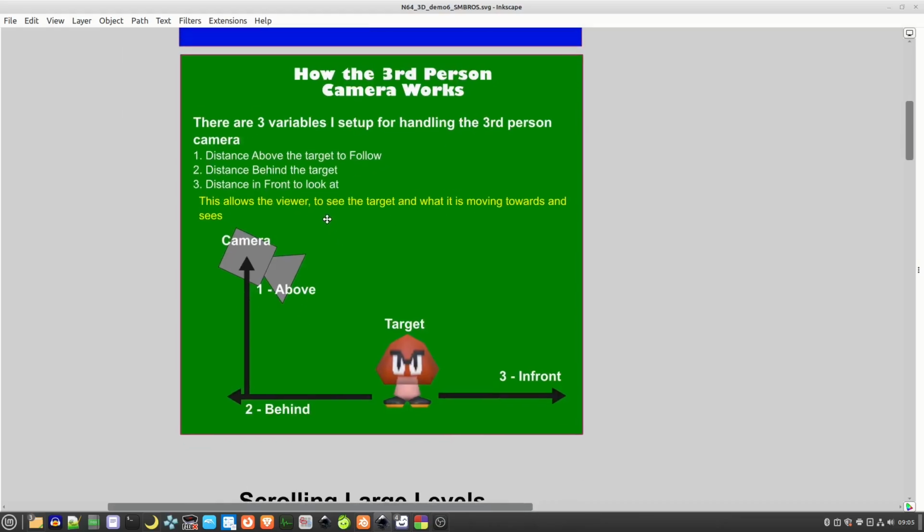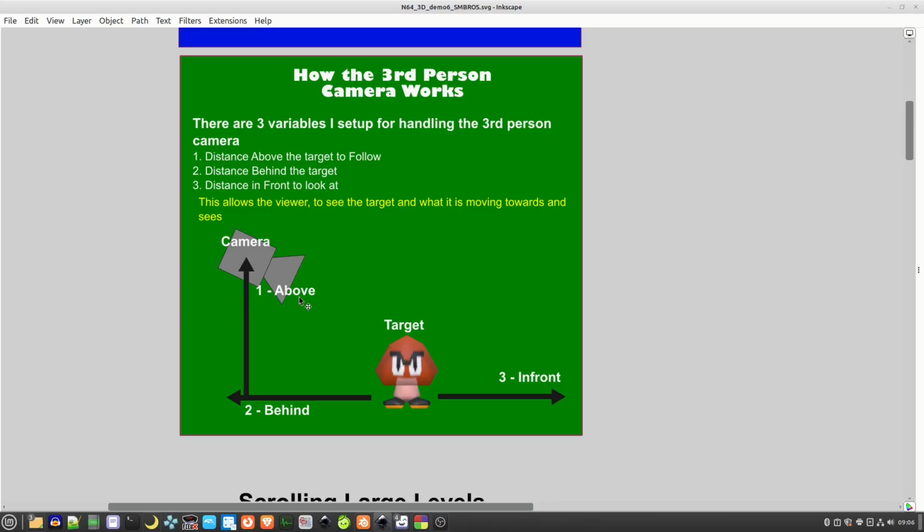So there are a number of things we need to know when we work with the third person camera code. I find a decent way to do this is we position the camera behind the target we wish it to follow,